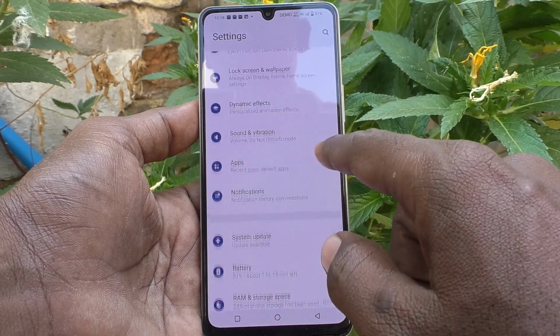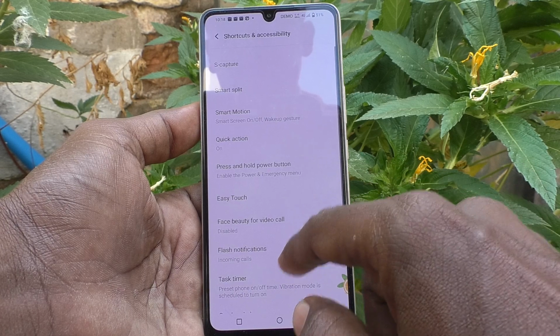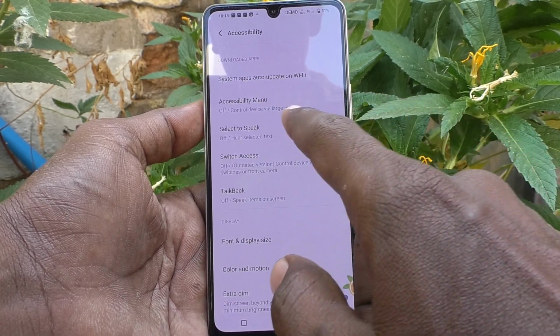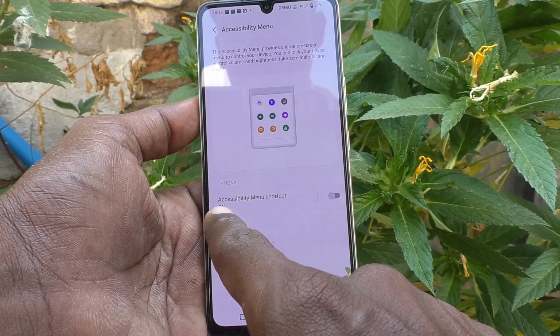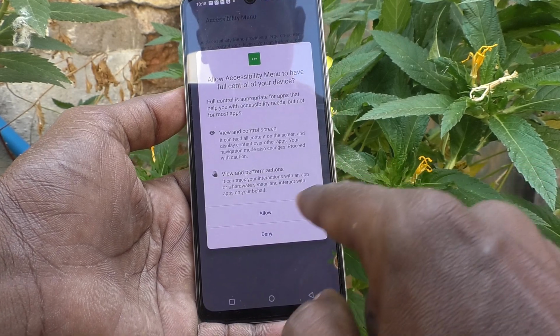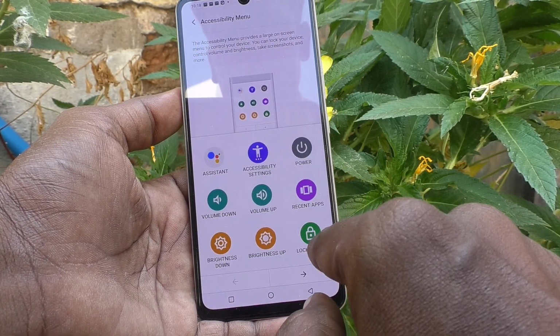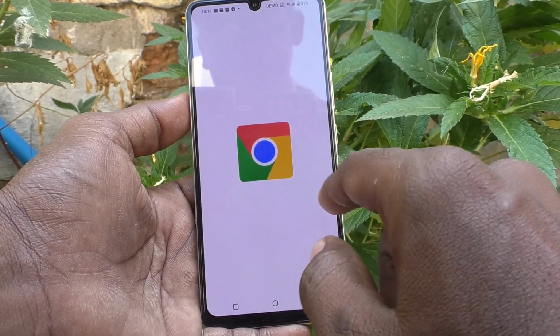Then go to shortcuts and accessibility. Then here select accessibility. Then here select accessibility menu and turn on the button against accessibility menu shortcut, give all permissions, and this is shortcut. Okay, now go to the screen for which you want to take a screenshot